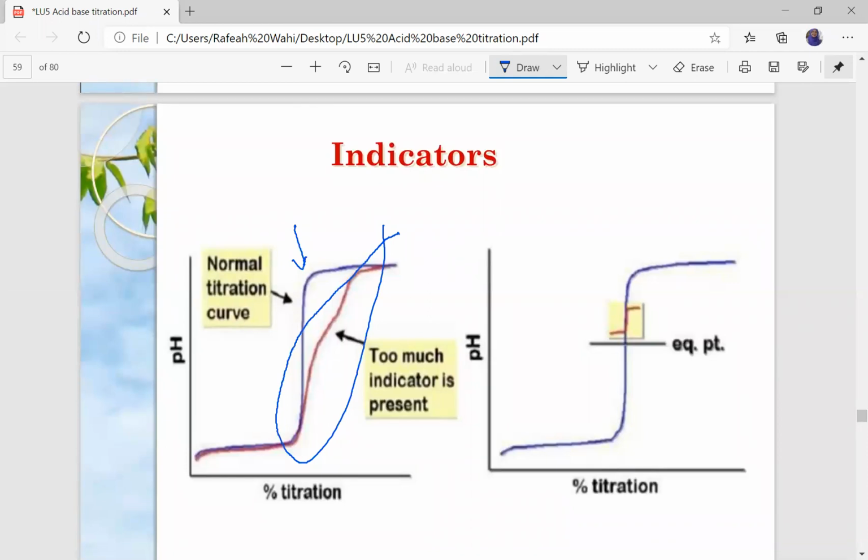Okay, this shows that you added too much indicator. Because it's supposed to be like this, whereby you add a little indicator just to show where your equivalent point is. Okay, so